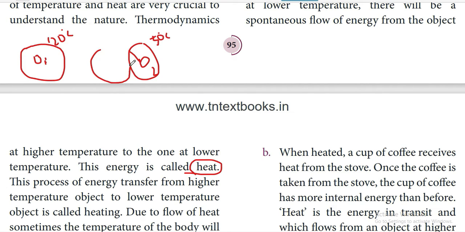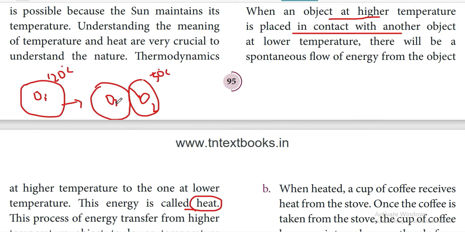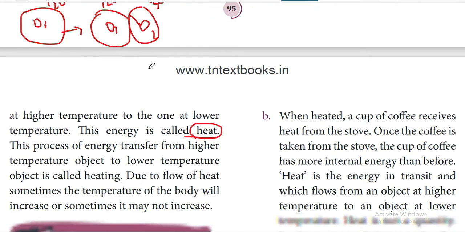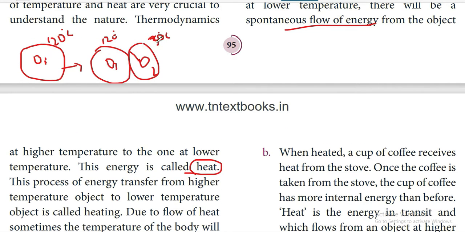Now when this object 1 is brought near object 2, naturally what happens? The energy transfer, the spontaneous flow of energy, takes place from object 1 to object 2. So the energy from this 120 degree Celsius object flows into object 2, and naturally the temperature of object 2, which is 30 degree Celsius, will increase to around 55 or 60 degree Celsius,